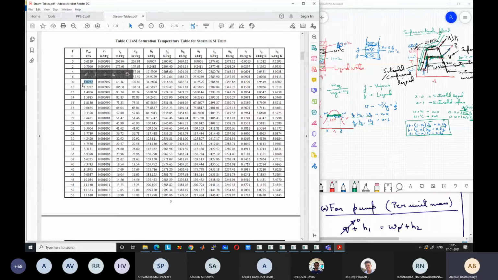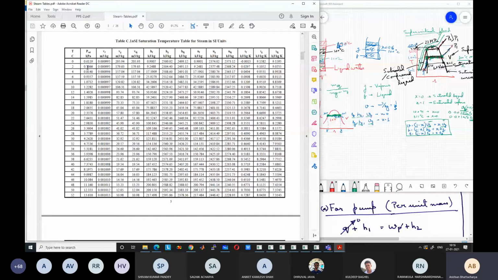And this keeps on going till you reach the triple point. We will not discuss the triple point, but at a point like 0.6 kilopascal, the boiling pressure is 0.6 kilopascal and the temperature is 0 degrees centigrade. Below this point, you will not get boiling or condensation, you will directly get sublimation, the conversion from solid ice to vapor, like what happens for carbon dioxide. Similar to that, we will get below this pressure. So you won't have any liquid phase, you will have a solid to vapor phase transition. Okay. So we are not bothered with that, we are bothered with this part.